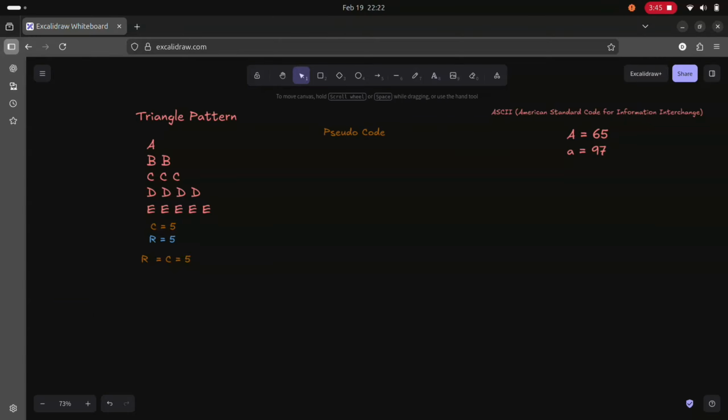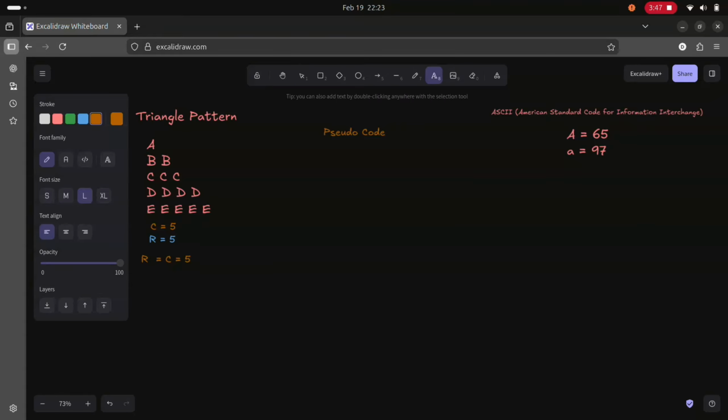So we identified that number of rows are 5. So if the number of rows are 5, we will be looping our entire pattern 5 times. Basically, that's going to be the outer loop of our code. Okay, for integer i equals 0, i less than 5, i plus plus. Okay, this is going to be our outer loop, and then we identified that we are also running our inner